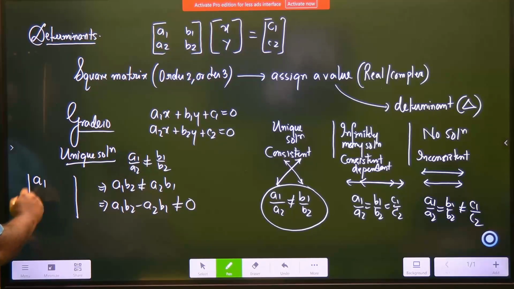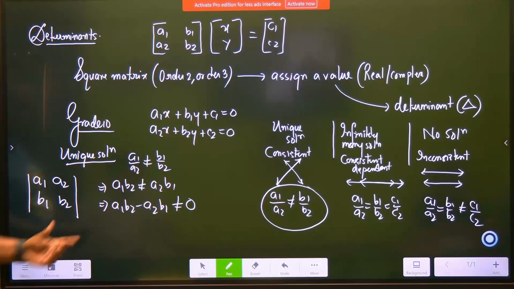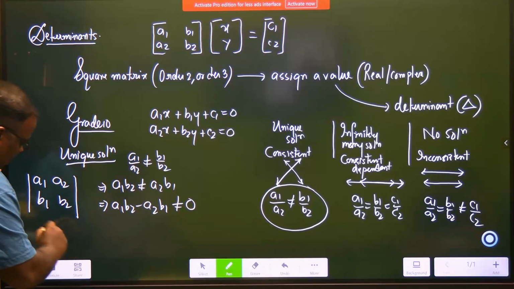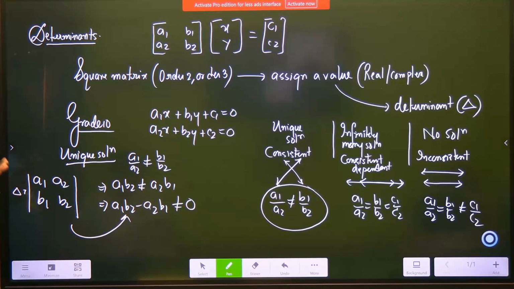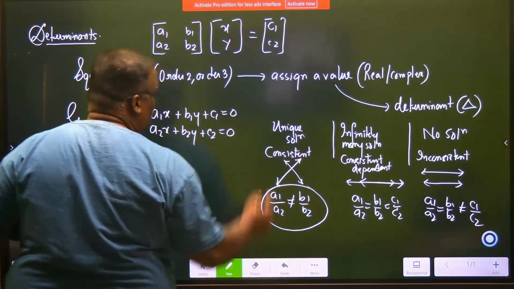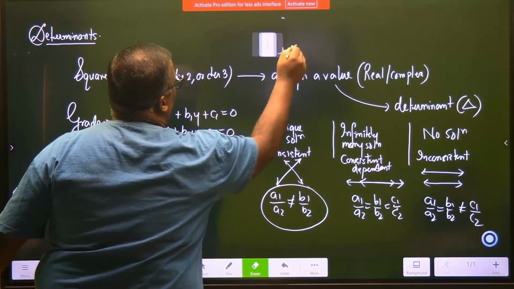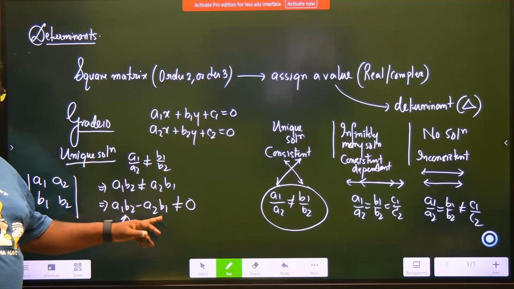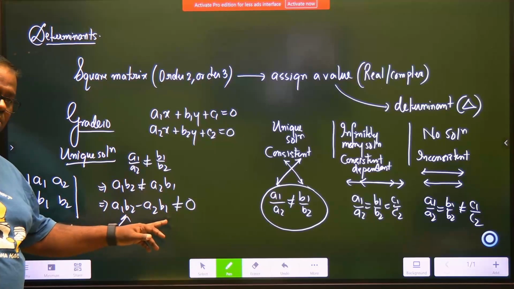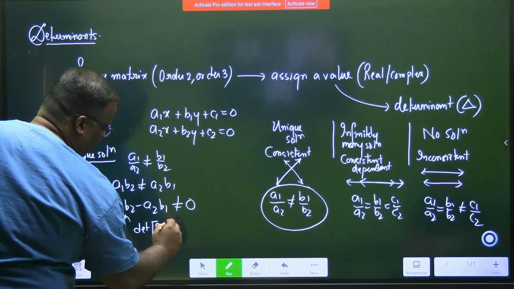The determinant is A1, B1, A2, B2. This is called a determinant. The determinant of this is actually the left hand side. This you don't bother with right now, just bother about the criteria. You said A1 B2 minus A2 B1 should not be equal to 0. In other words, I will say the determinant of the matrix A1 A2,